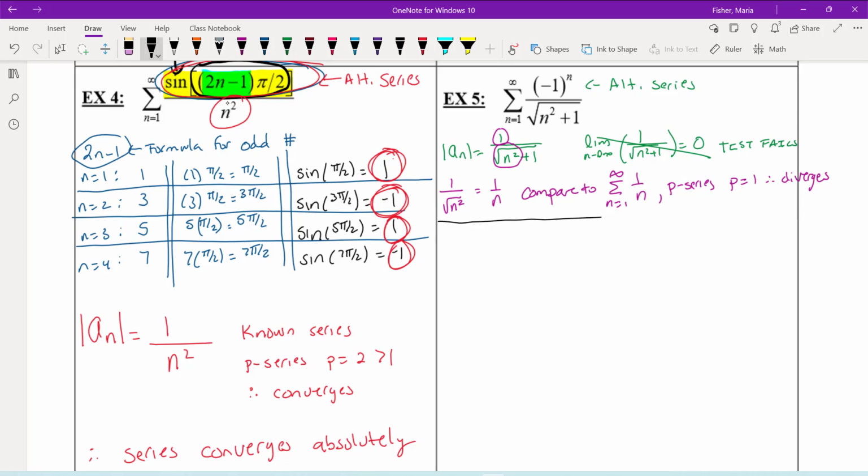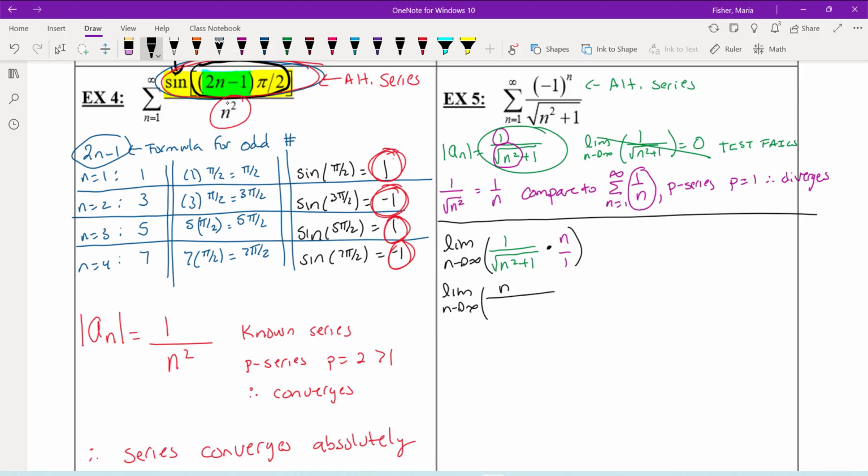Now the limit comparison test says to take the limit as n goes to infinity of the given, which is our 1 over the square root of n squared plus 1, times the reciprocal of our known, which is always going to be the case. Well, the reciprocal of 1 over n is n over 1. If we multiply, we have the limit as n goes to infinity of n over the square root of n squared plus 1. Well, that's currently just infinity over infinity, so we could use L'Hopital's rule,